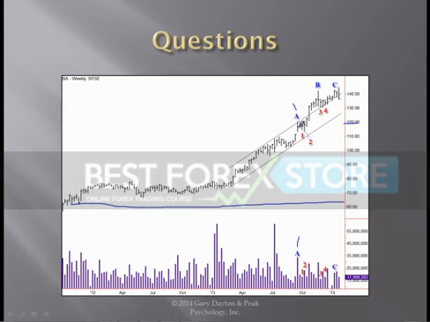Well, the next pullback will tell us, and look at what happens. The pullback down to 1 shows receding volume, and then we push up on 2. That's a nice sign, telling us it's going to go up higher. Look at the ease of movement that we get going up well above the trend channel. Okay, so this trend isn't over.